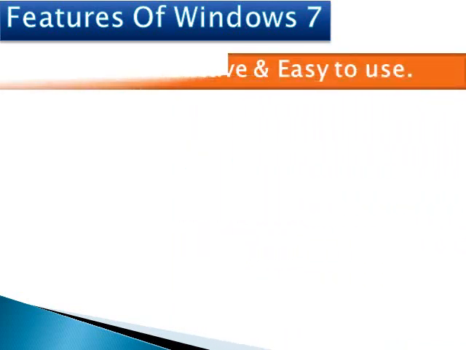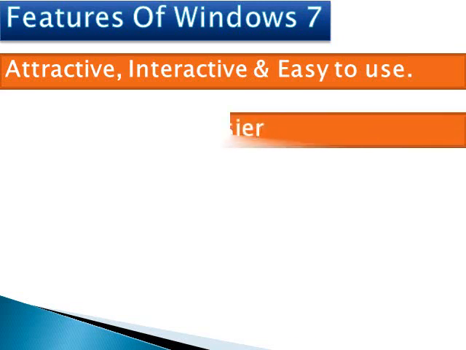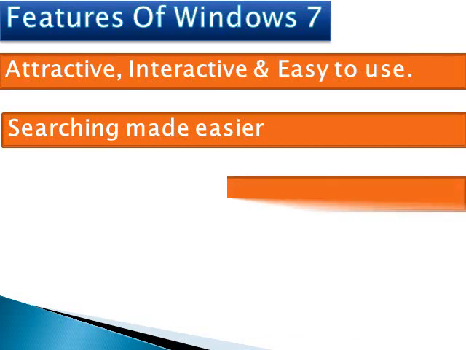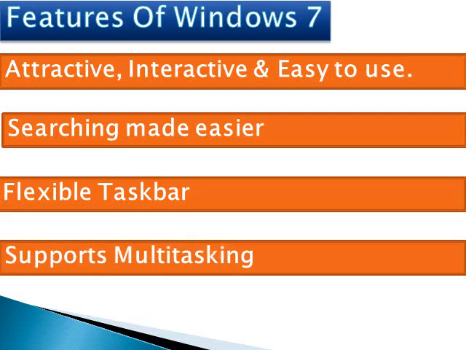Windows 7 has a very attractive appearance with colorful themes, gadgets, thumbnail previews, etc. The use of graphics makes it quite interactive. It works the way we want and makes new things possible. Using Windows 7, we can quickly search any file or folder in our computer. The taskbar of Windows 7 is more flexible and application-oriented, unlike the previous versions of Windows. We can pin our favorite program on the taskbar for easy access.